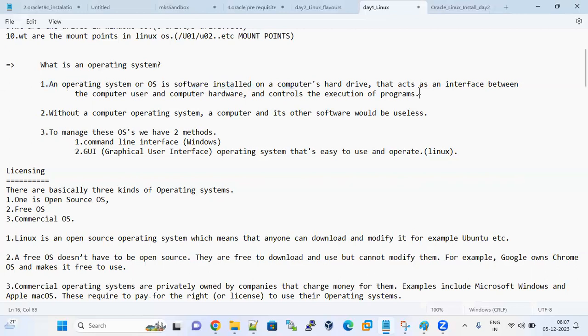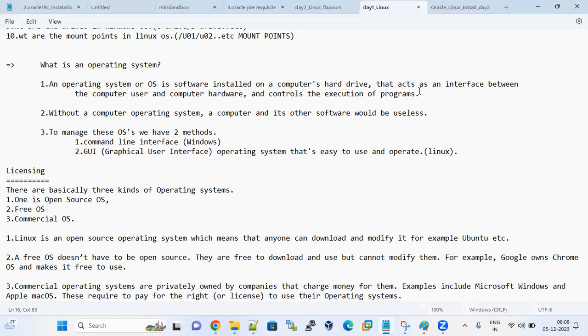If the operating system is installed on any device, mobile or computer, anyone can easily operate my mobile. I can call anyone, receive calls, send messages, whatever we want, after installing the operating system on a mobile or computer. If you newly purchased a computer, sometimes they don't install an operating system.